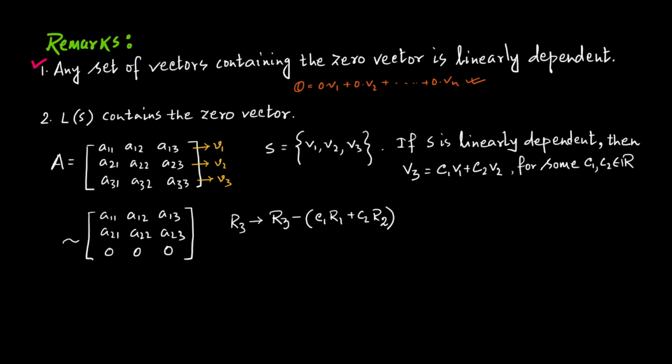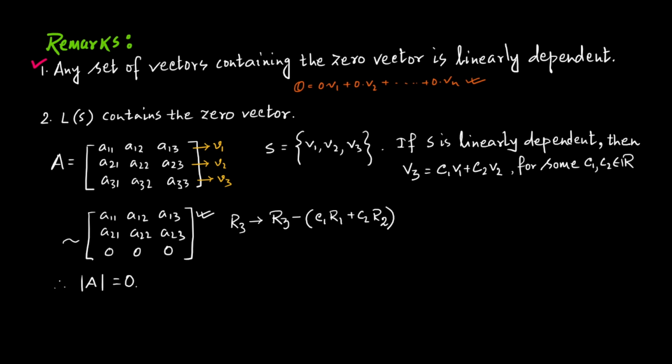Now tell me, if I think about the determinant value of this matrix A, what will it be? Naturally, that will be equal to the determinant of this matrix. And what is the determinant value of this matrix? Pretty simple, it is 0. So determinant A is equal to 0. That means, what have we got?